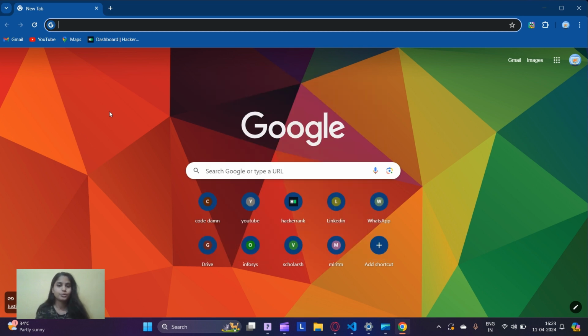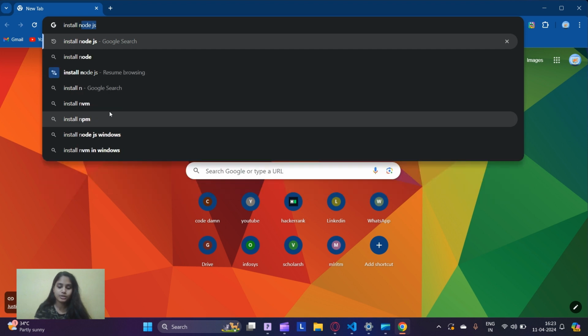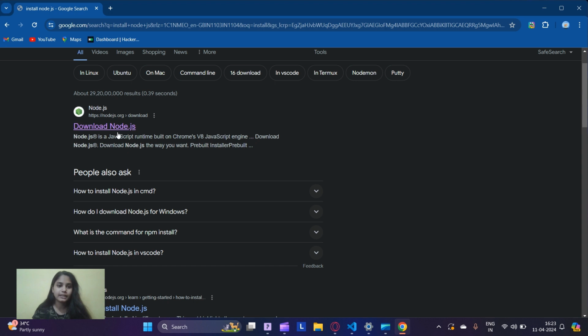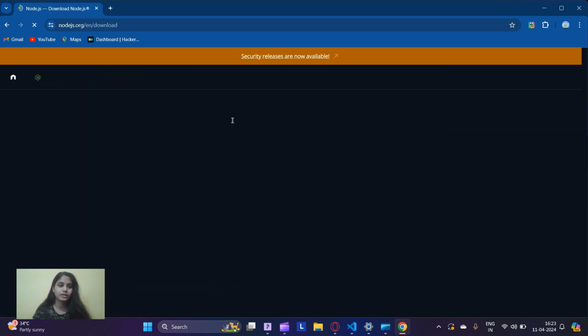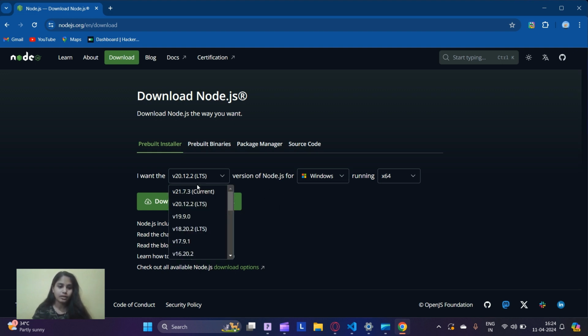system. So just go onto your favorite browser and type install Node.js, and you will get the first link over here, that is nodejs.org. So you just click on this link and you will find this button over here. So just directly click on this button, and if you are on other system then switch on to other systems and then install it according to your preference and according to your versions, which version you want.